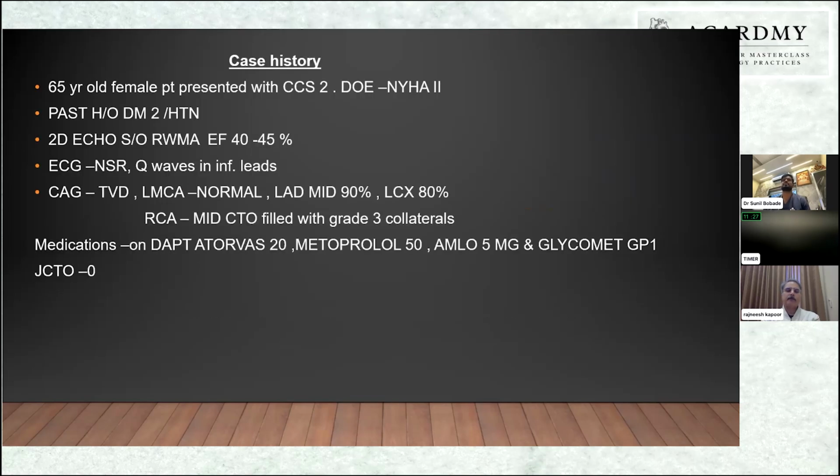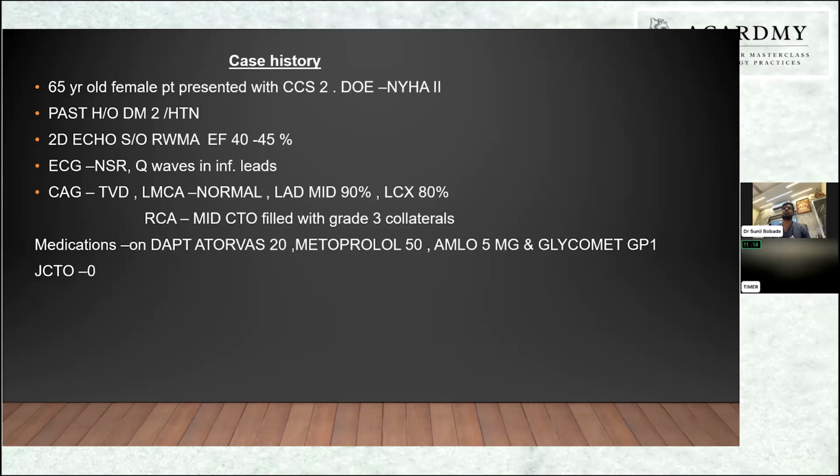My case is a 65-year-old female patient presented with class 2 angina and dyspnea. She is a known case of diabetes and hypertension. Echo suggestive of RWMA with EF of around 40%, with old Q waves in 2, 3, aVF. Angio suggestive of mid LAD 90%, LCx 80%, RCA mid CTO, which was filled with grade 3 collaterals from LAD. She was already taking DAPT,